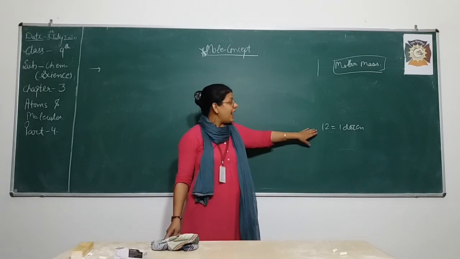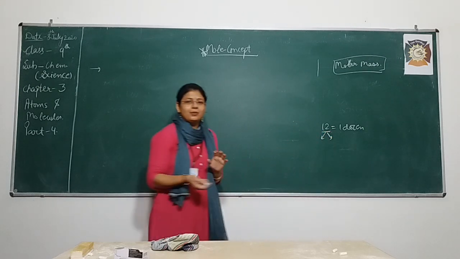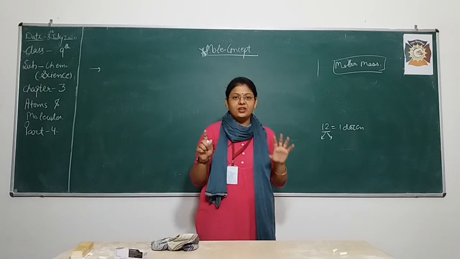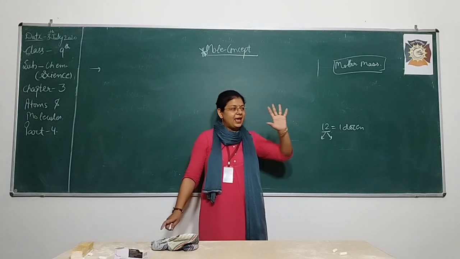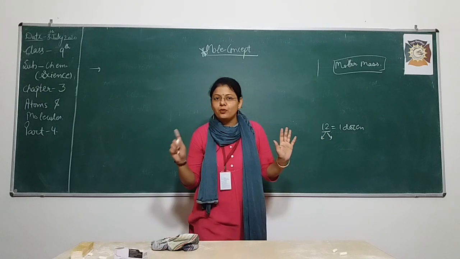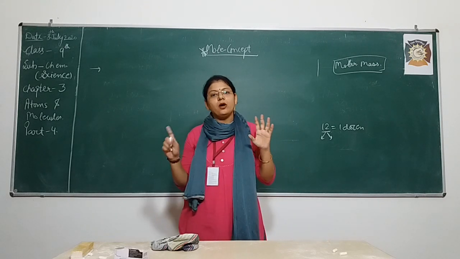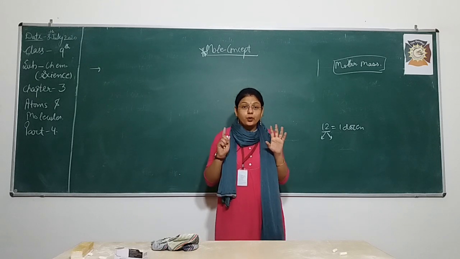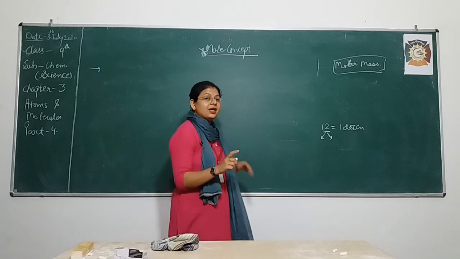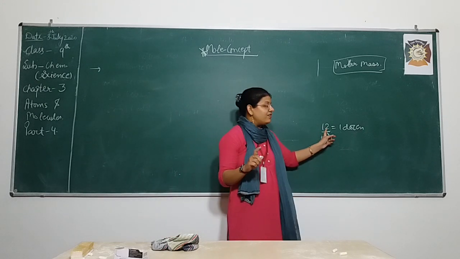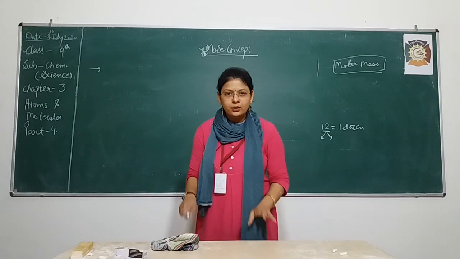For example, bananas. If the bananas are 12 in number, it means it is 1 dozen. Now if I ask you the weight of 12 bananas, suppose two students have different sizes of bananas, but their number is 12 in both cases. A has 12 bananas and B also has 12 bananas, but the size of A's bananas is large compared to B's. So is the mass in both cases the same? No, it is not going to be the same, because A having 12 bananas of large size has more mass compared to B.